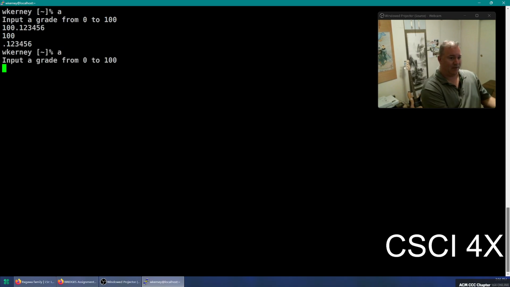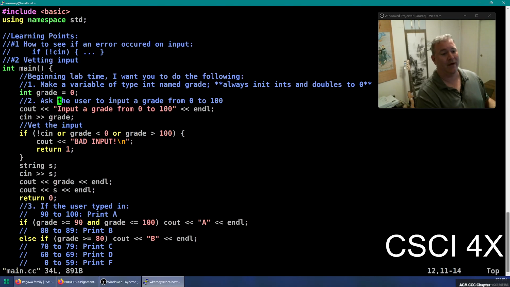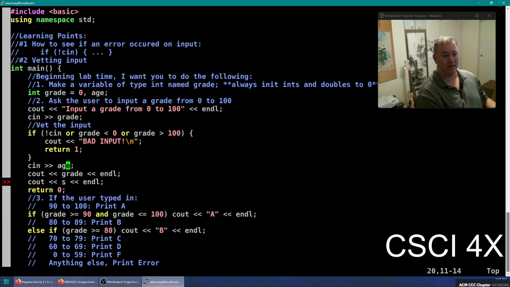Okay, so if I type in 12.789, the 12 goes into the integer, and then the 0.789, whatever, is left in the input buffer for the next thing that we read. And this can cause a problem if you have something like grade and, I don't know, age or something like that. So if we try reading in age here,